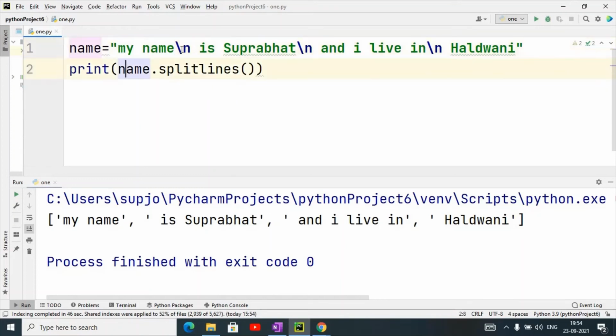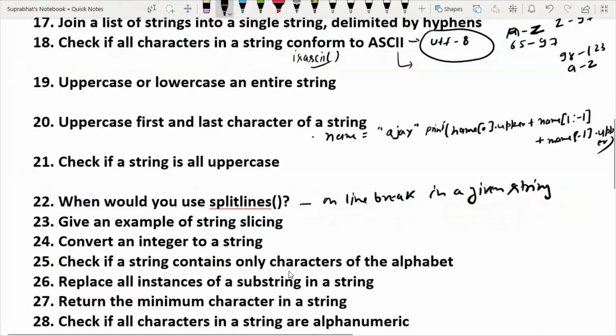For example, my name, then line break, it will take as the first element. Then is Suprabhat, then again line break. And I live in, then again \n, it will take as a line break. Understand? This is the use of the splitlines function. On the line break in a given string it is used. Give an example. Any question?